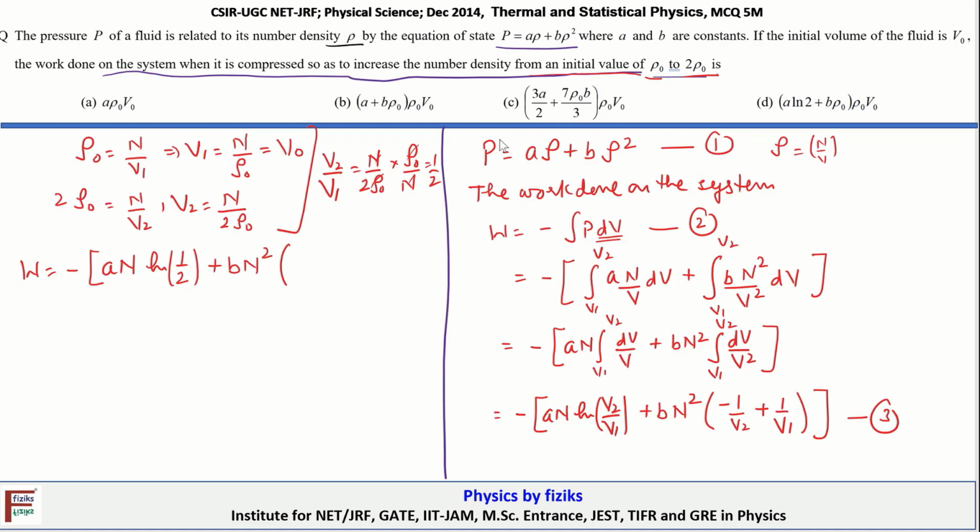So 1 upon V1 will be equal to rho naught by n, minus 2 rho naught upon n. So upon solving, this will give us A n ln 2 plus B n rho naught, which is equal to A ln 2